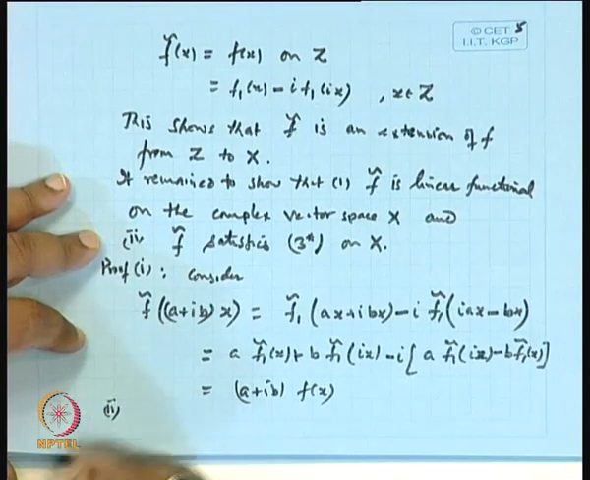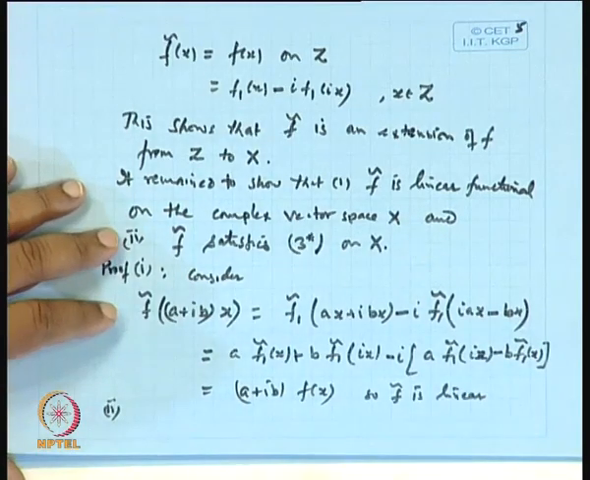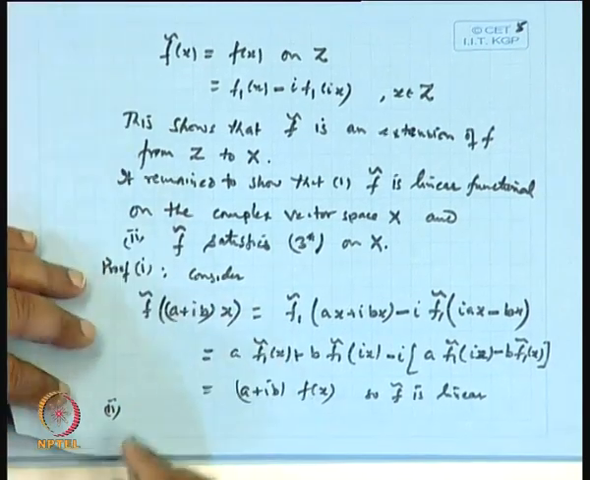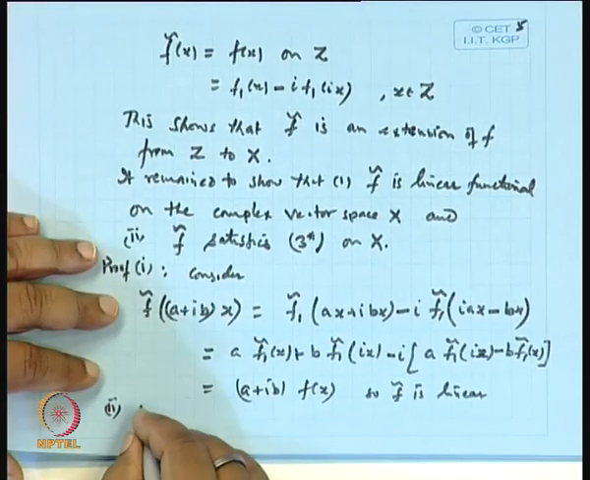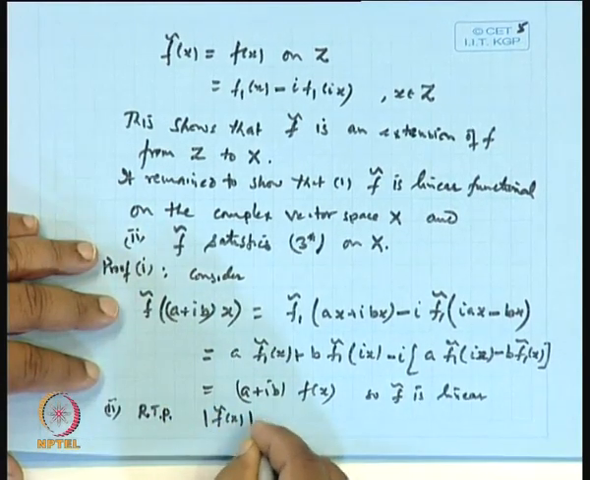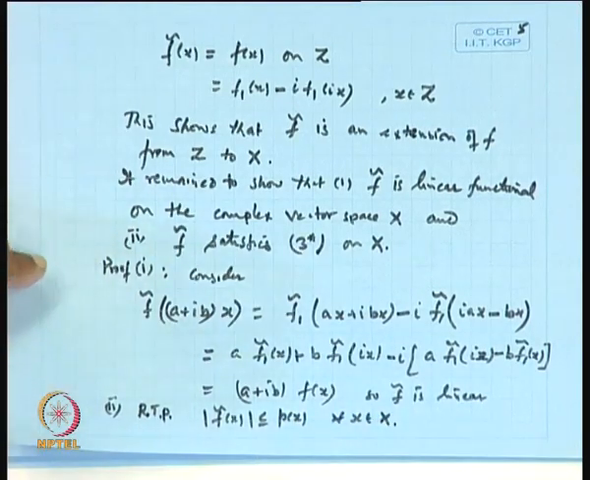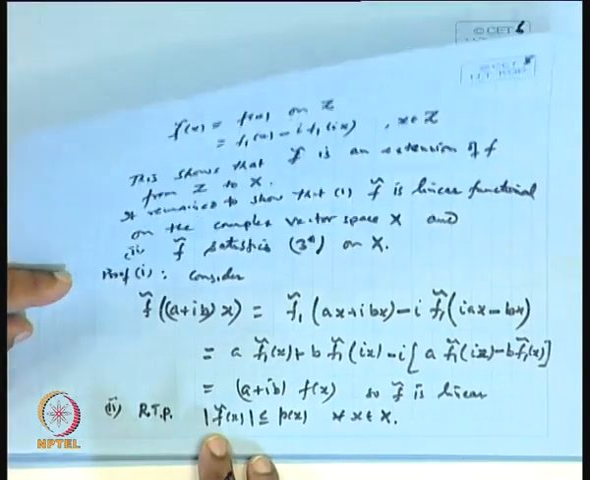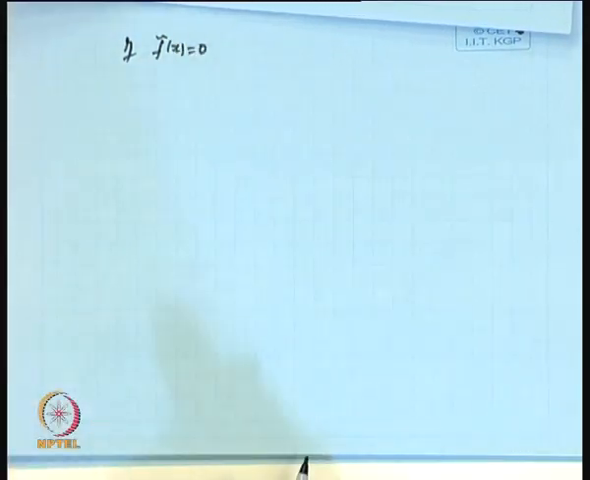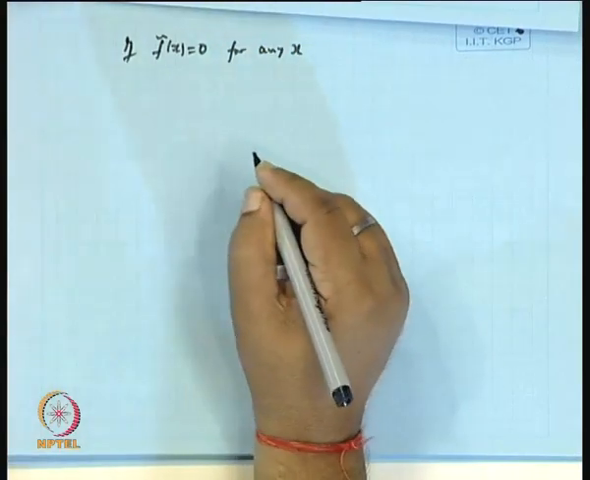To prove the second one, f delta is linear, because f delta is defined here. Now, to prove the third, what is required to show is that modulus of f delta x is less than or equal to p x for all x belonging to X. Now, suppose f delta x is 0, then for any x